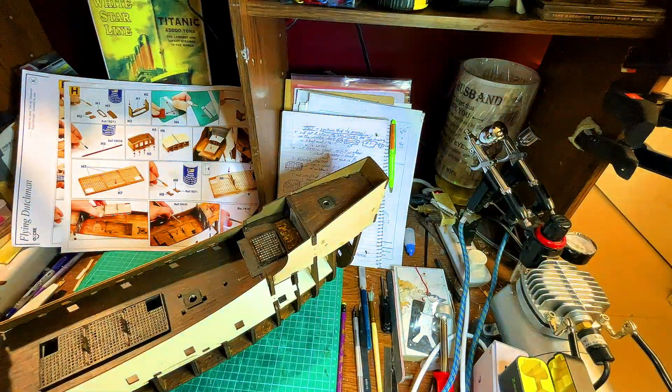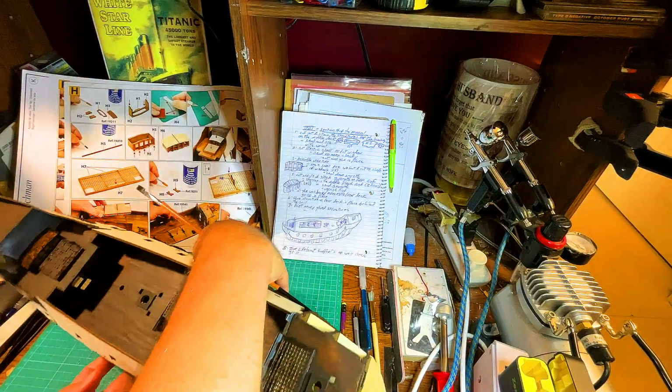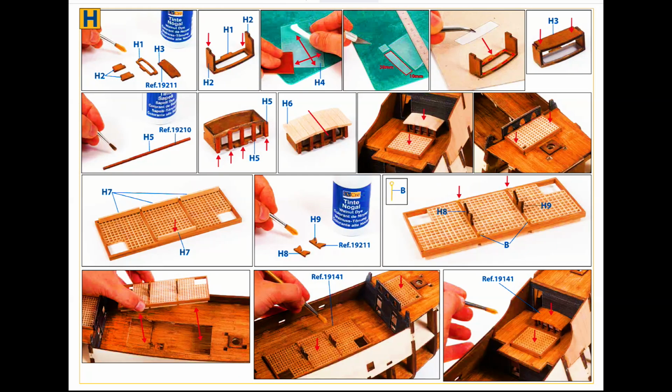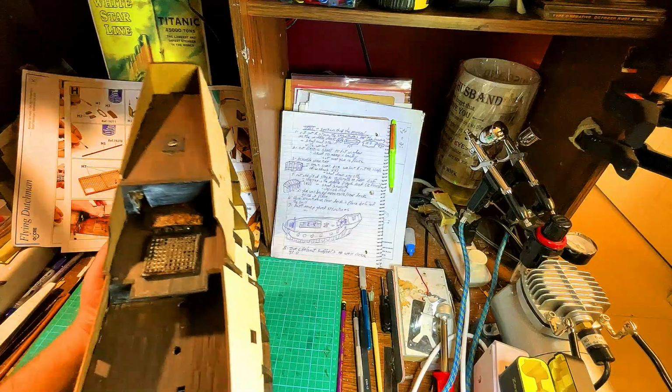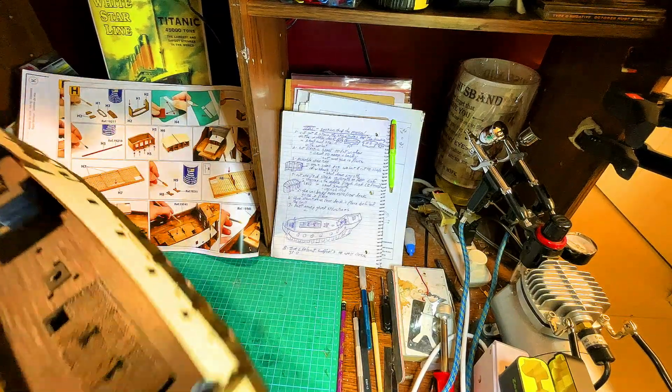Let's put the light back on. There. So that, my friends, was the completion of part H in the instruction manual. You can see the little structure in the back of the skylight. We ended up doing that. That looks pretty cool. Everything will be dry when we move on, and we're going to move on to section